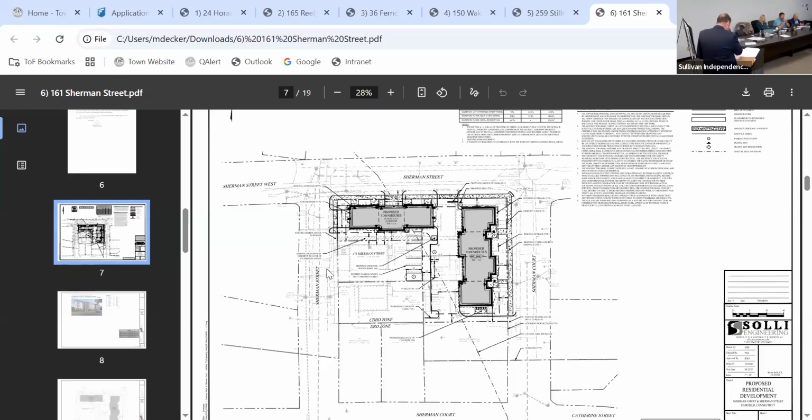One of the big problems along Sherman Street is we have issues with parking. I did a parking analysis of what currently exists. If you took the 4 buildings now and looked at what the required parking would be, they would need about 34 parking spaces, and they only have 19.